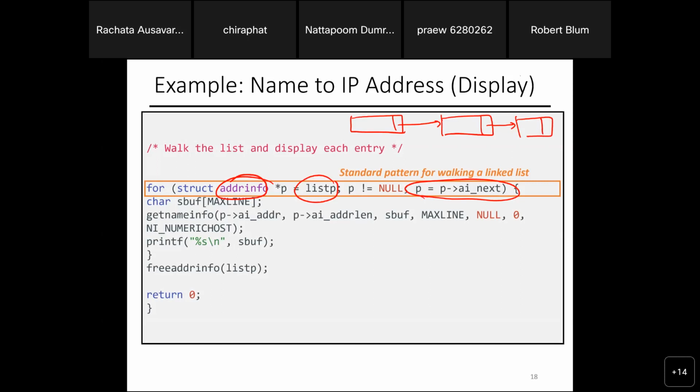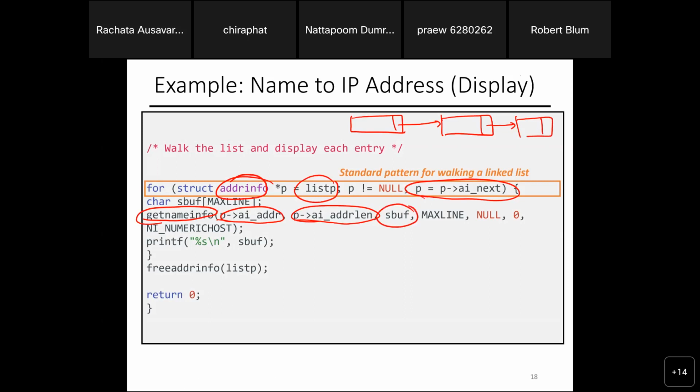It will contain the address info, like over here, address info, address length. Then you can use the getnameinfo function to put the string output that we want. Basically, we want to get the string output that we store in this sbuf.